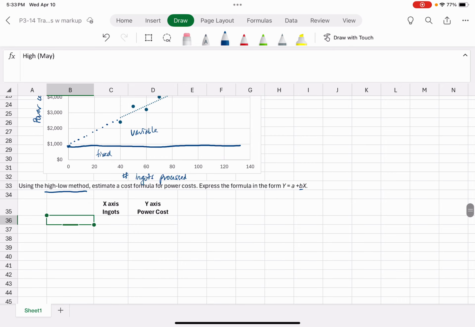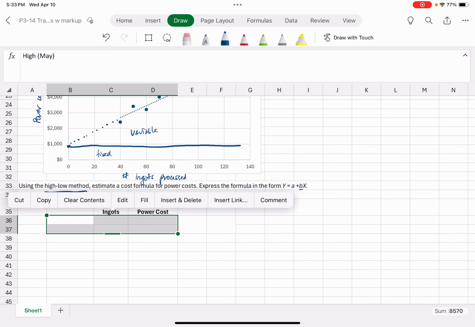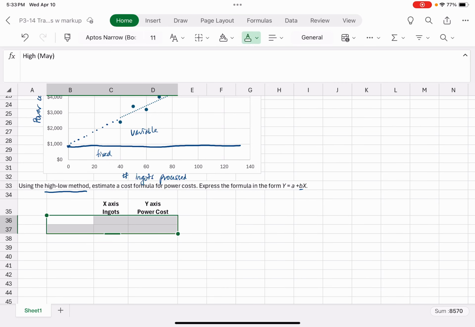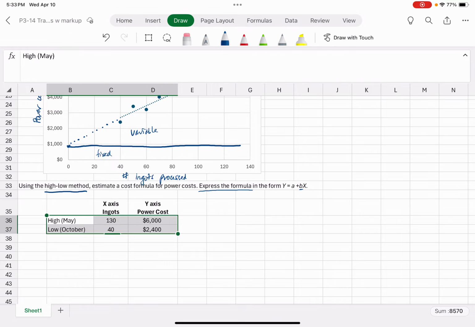So I actually have already included this data. I'm just going to show it now in black font. So we've got our high and our low. We've identified them, and we've got the two data points, the number of ingots processed and the power cost. And now the question is asking us to express the formula, the cost formula, in the form of y equals a plus bx,